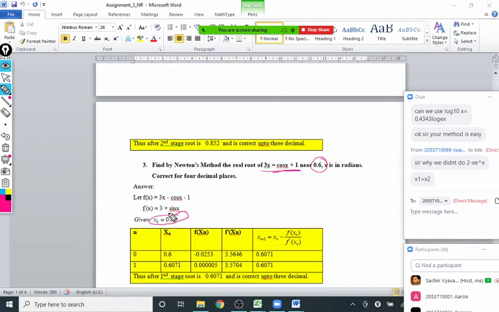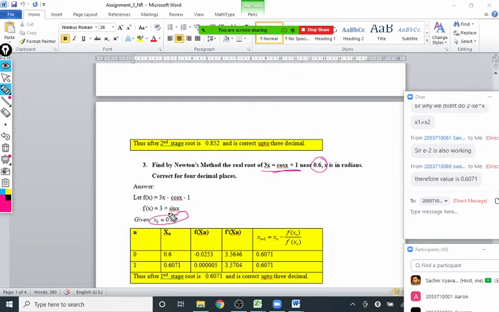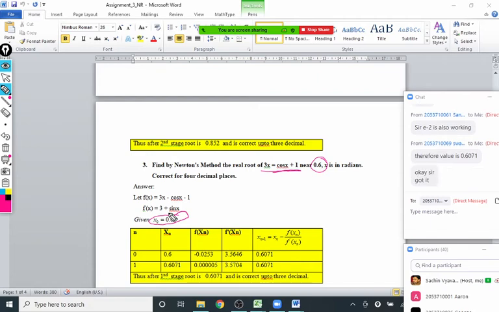Yes, you can do that also, Swapnil. You can do 2 minus e raised to x, e raised to x also. That time all your values, a is replaced by b, b replaced by a probably. Okay. So the answer will be the same. Your answer should come the same. Which equation are you saying, Swapnil? 0.6071. Okay.